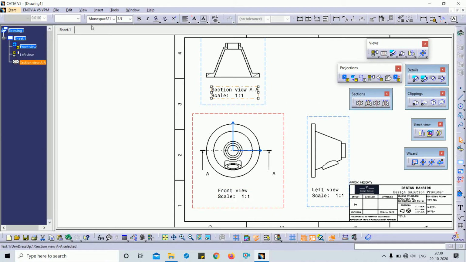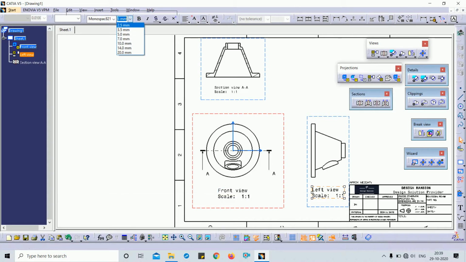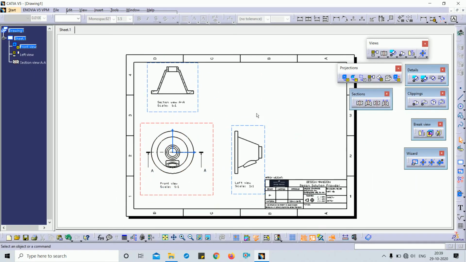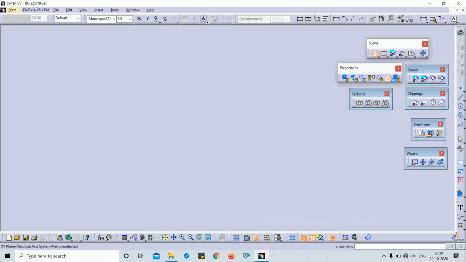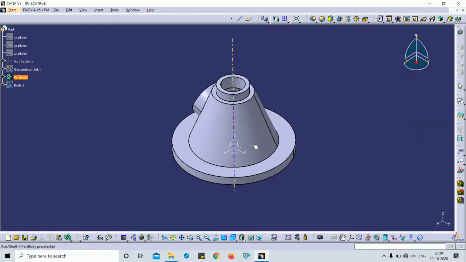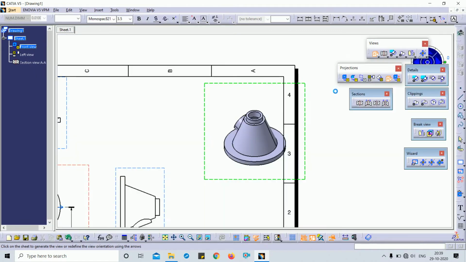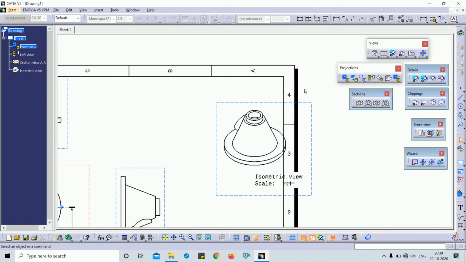Just select this font, and here you can change its dimension. I will also put the isometric view. This is my isometric view.